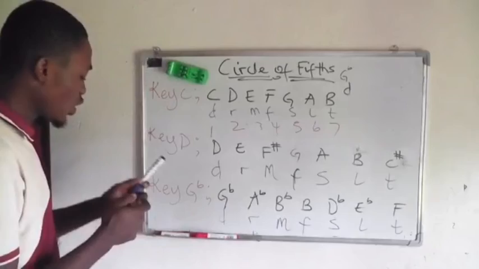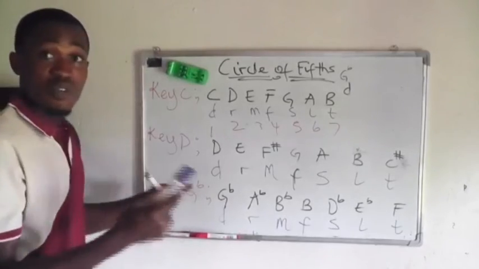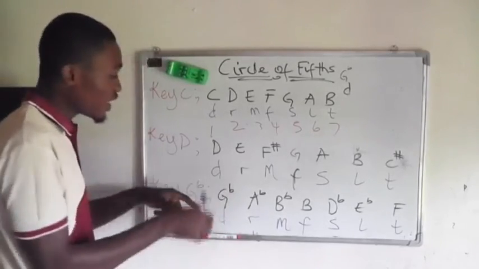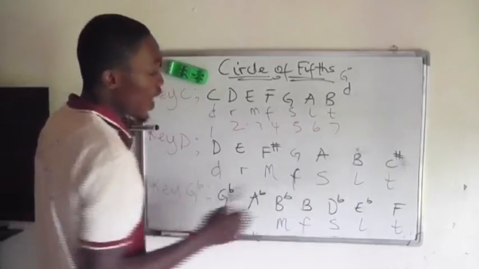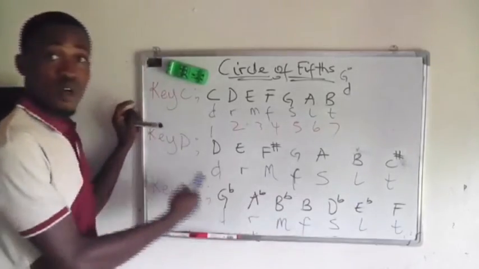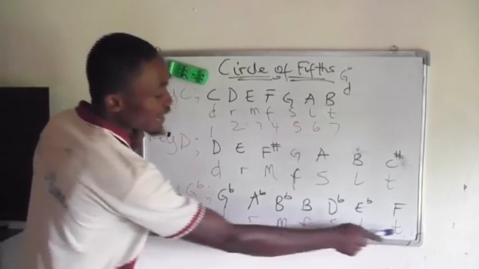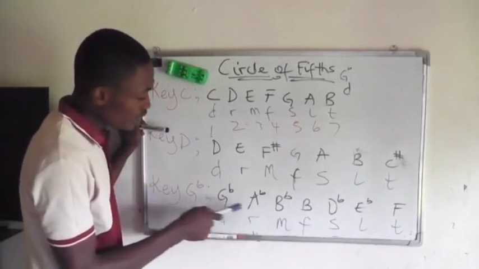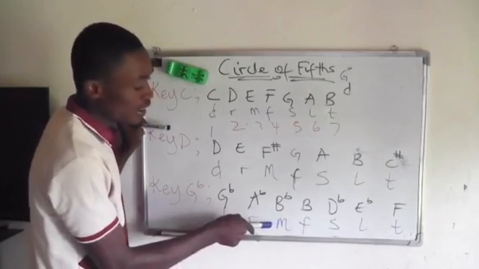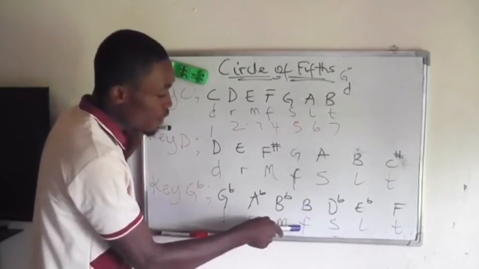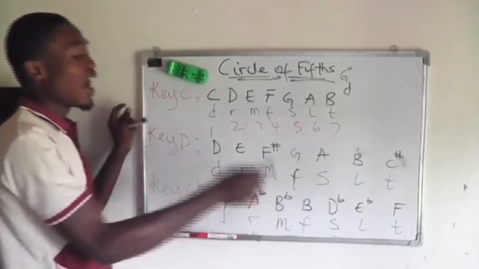So if you consider the key of G flat, if you are using G flat major as your main key, you discover that there are what? 1, 2, 3, 4, 5. 5 flats in what? The key of G flat major. So you have 5 flats as well. You do, Re, Mi, Fa, Sol, La, Ti. So you'll be starting with G flat. The Re is going to be what? A flat. The Mi is going to be what? B flat. The Fa is going to be what? B, and so on and so forth.